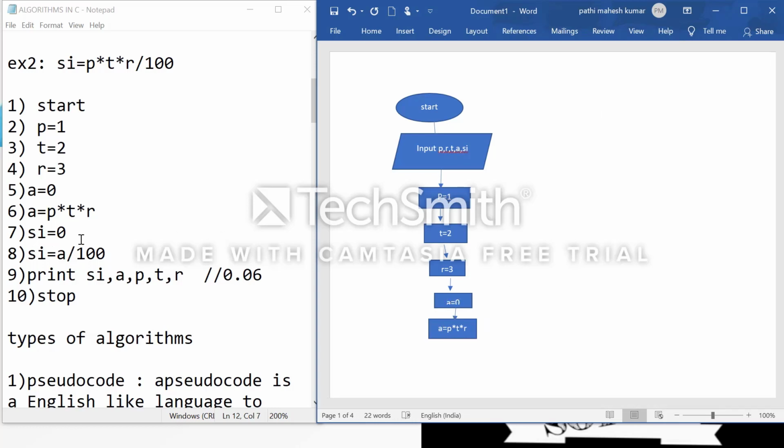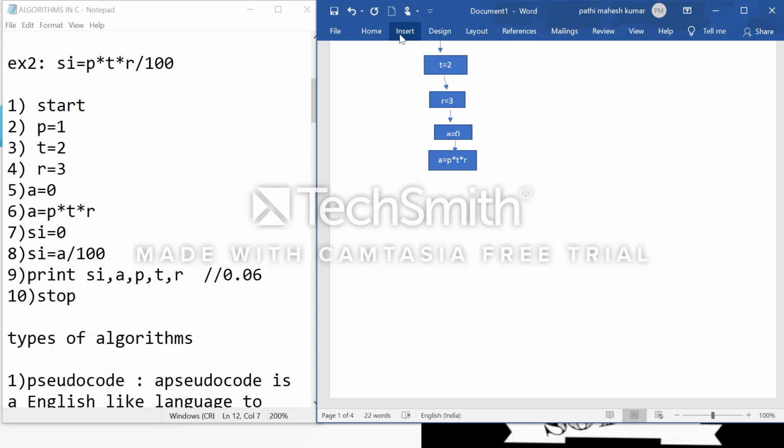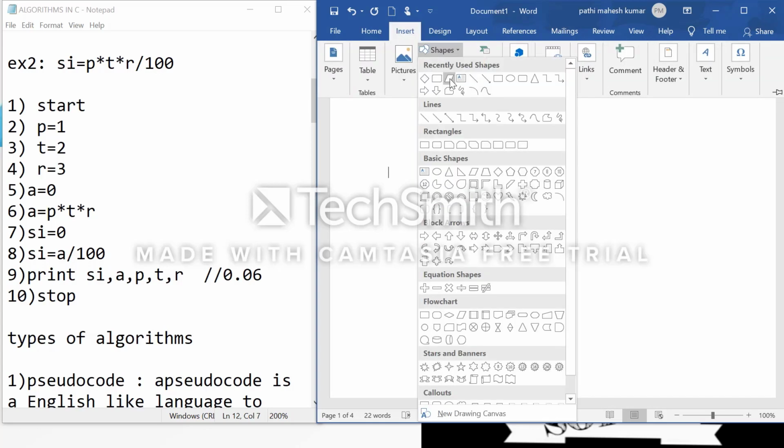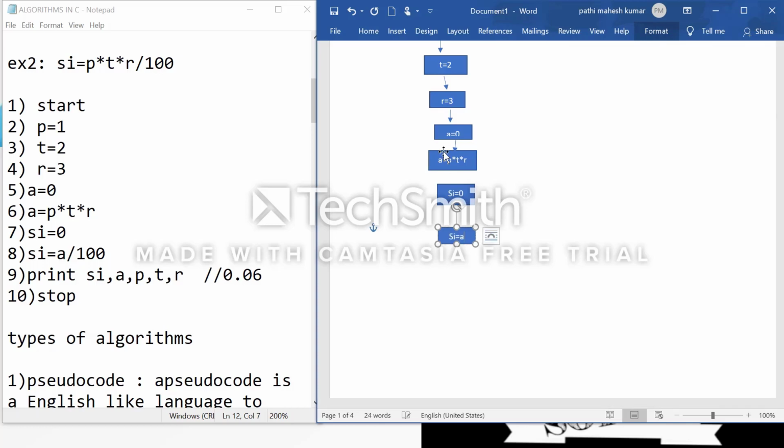After that I initialize si equal to 0. Then si equal to a by 100.